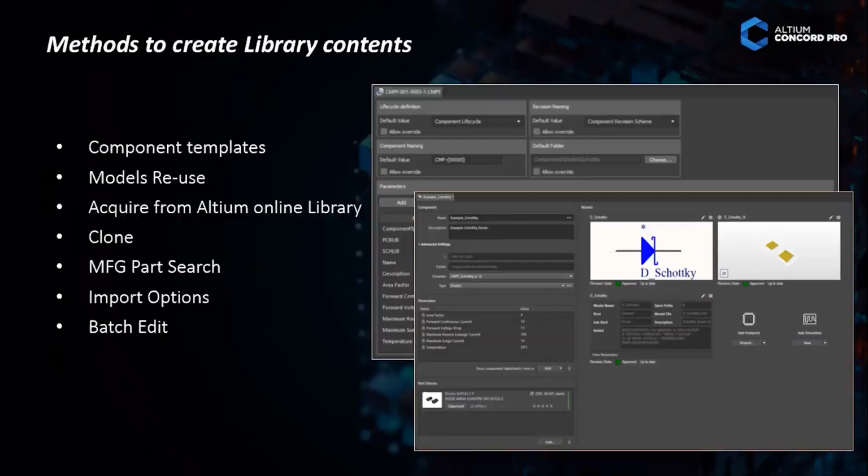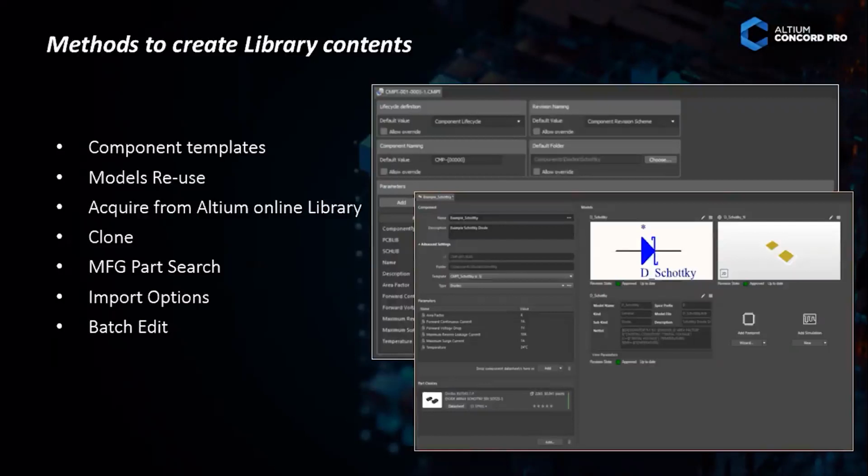And if the component is available in our Altium online library, directly you can acquire that, means from our library to your server library. Simply you can move it. And cloning. Cloning means the component, everything is the same, only some parameters or some footprint I want to change. In that case, I don't need to create a new component again, and template parameter editing and all, I don't need to do. Simply you can select the component from our library, do the cloning, and that will create the new component. Okay, that I will show.